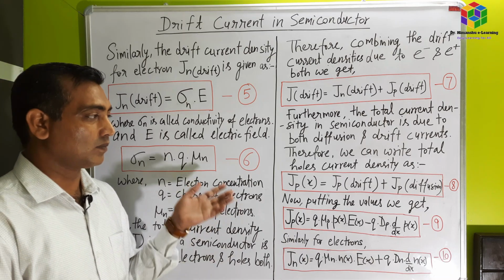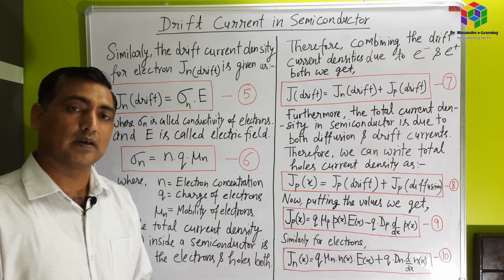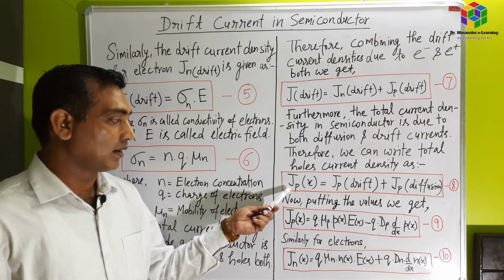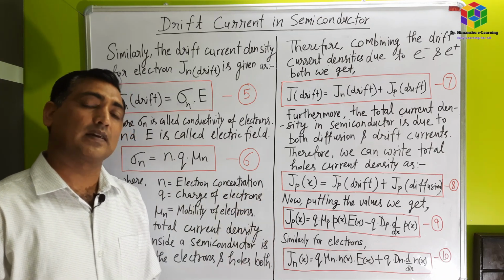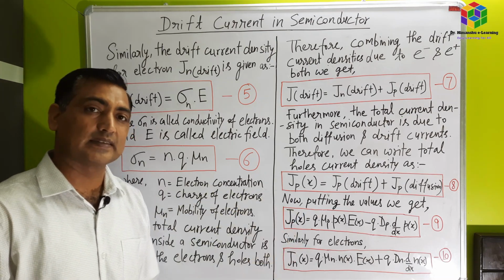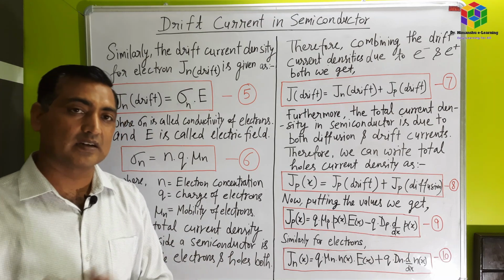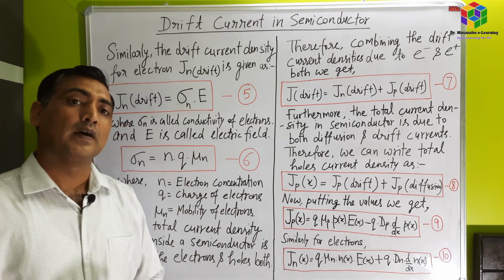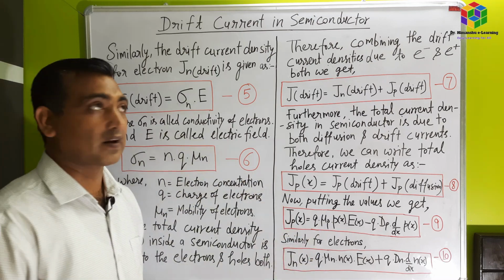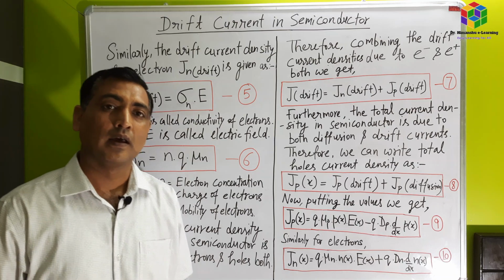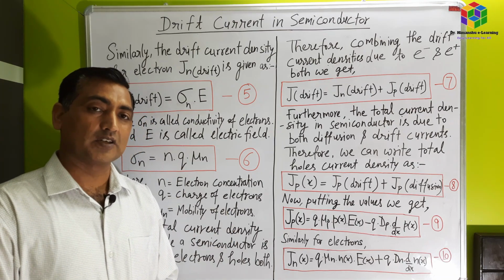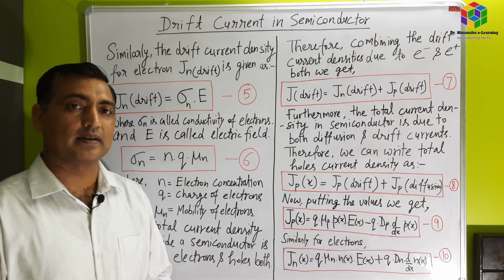If you study the electrons and holes inside a semiconductor device, then you need to analyze the drift and diffusion current densities separately. So understanding the concept of diffusion and drift current density is very important for a better understanding of the working of transistor operation and MOSFET operation. So the real life application of this analysis of drift and diffusion current in semiconductors lies in understanding the operation of transistors and high level semiconductor devices.